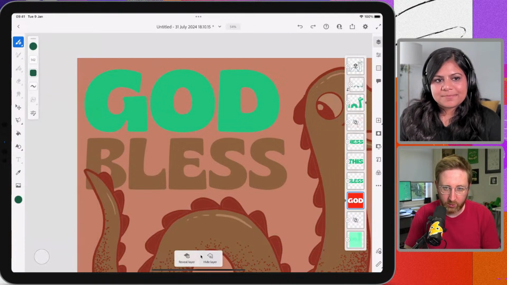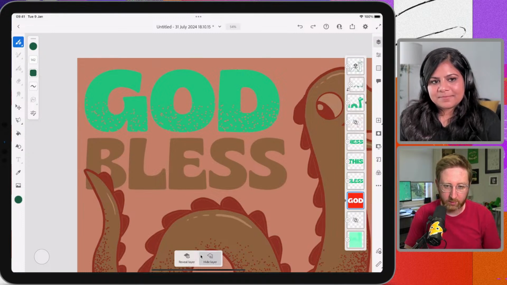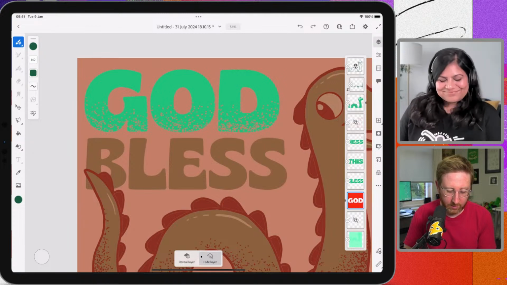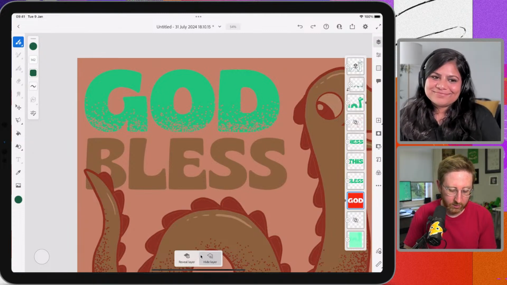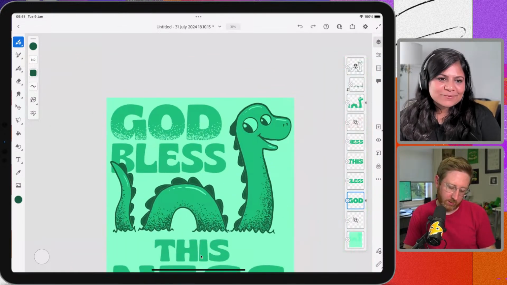Same brush, same kind of size. And we'll do this kind of slight gradient effect, similar to how we were doing the shading on Nessie. I'm going to do the same thing here. And ooh, that looks cool.